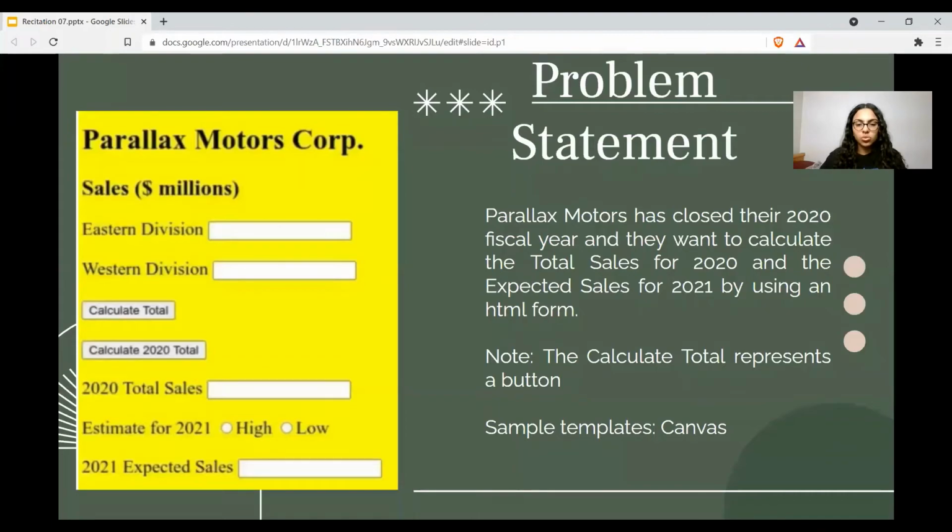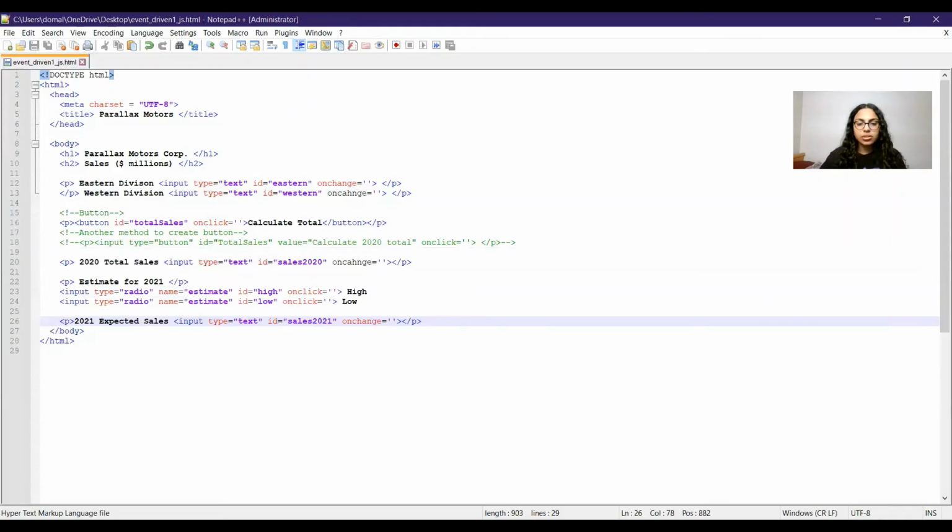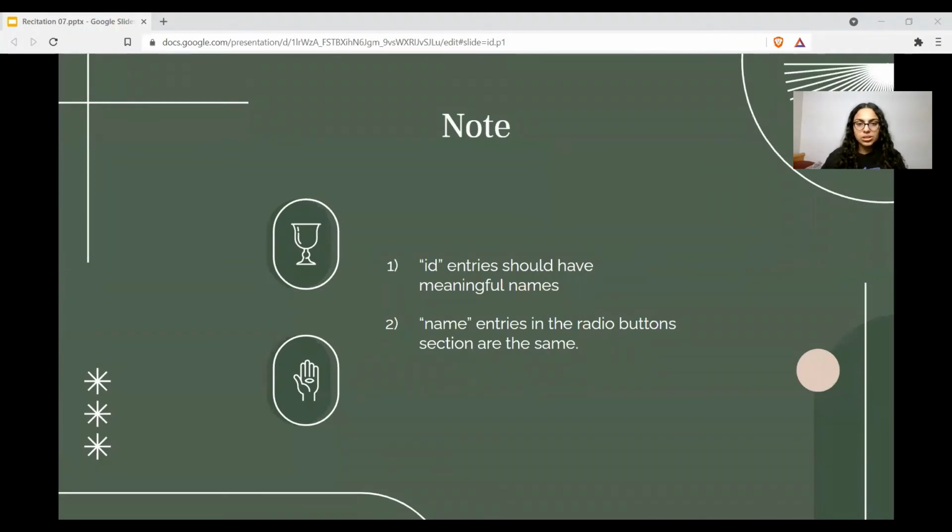You should note one thing, that there are two important things. First is that the ID entries should have meaningful names, so that you can understand which ID is for what. And the second thing is that the name entries in the radio buttons section should be the same.